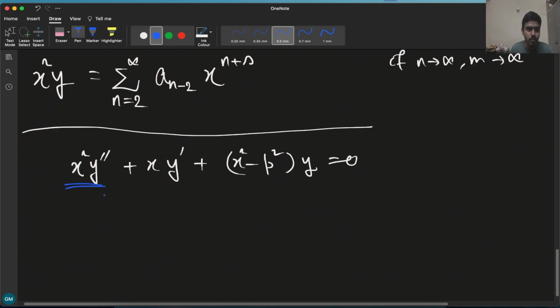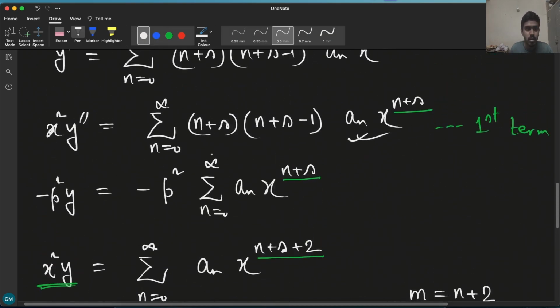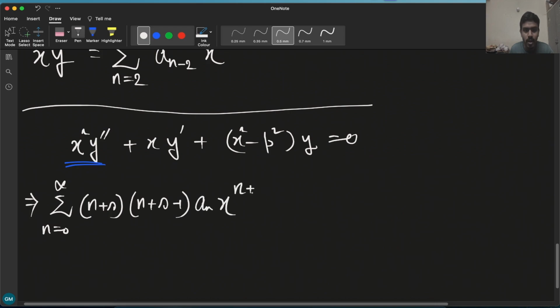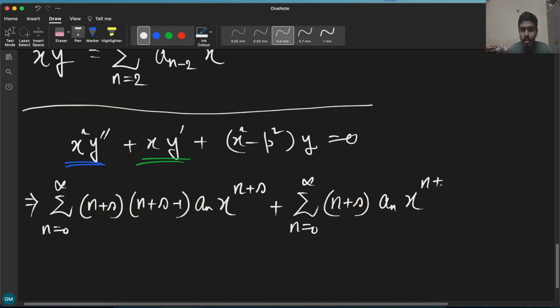Now this term, it will be sum over n equals 0 to infinity n plus s times n plus s minus 1 a n x to the power n plus s. Now the second term will be plus sum over n equals 0 to infinity n plus s times a n x to the power n plus s